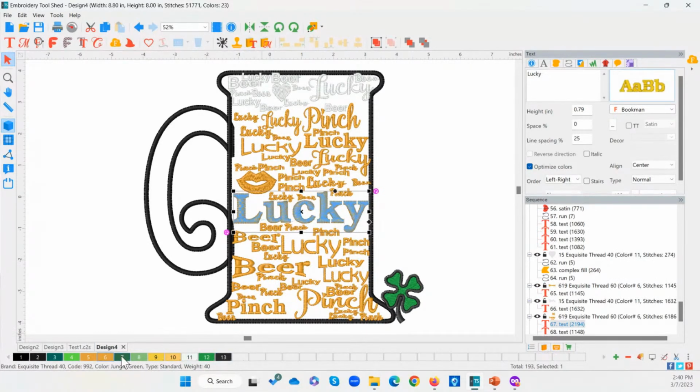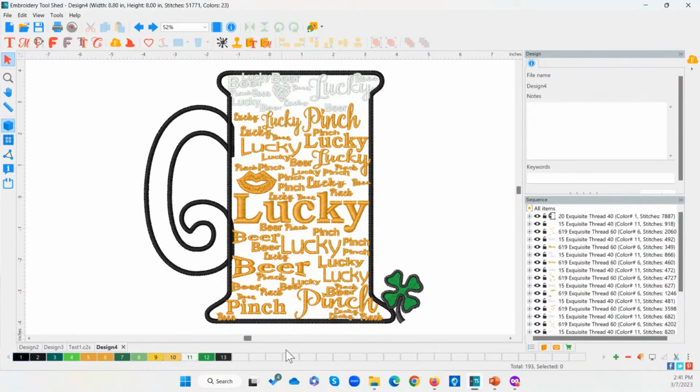So if I hover over these color chips right here, it looks like we've got a lot of the same color. Even though we have black in two different spots here, actually let me do a minus key here to get rid of any colors that we don't need. And you can see here, if I hover over this, we've got a black, and it tells me 40 weight thread there. And actually let me undo, because it actually took away my light colors. Whereas when I leave these, you can see that I have the 60 weight in the gold and the 40 weight in the gold. So here we've got 60 weight in these golds and the 40 weights,